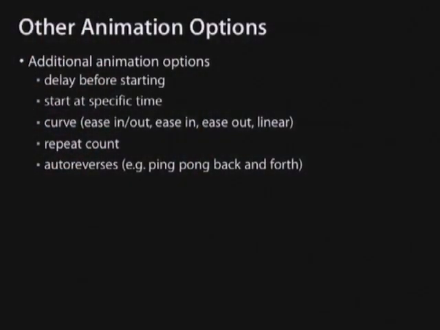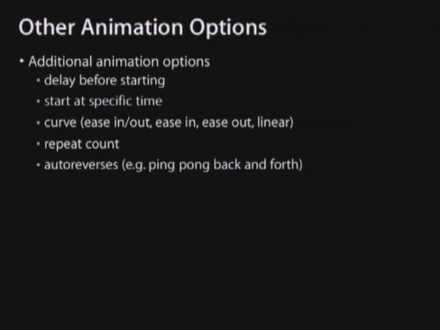There are a few different animation options, before I get into the example. I can tell the animation that I want to wait 3 seconds. I can tell the animation that I want it to start at a specific time. I can tell it how I want it to actually animate. So let's say I'm moving from point A to point B. Does it move in a linear motion? Does it accelerate and then decelerate before it gets to the end point? Does it accelerate the whole way so it just kind of speeds up to its destination?